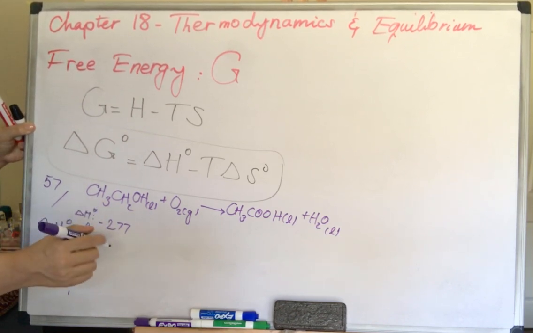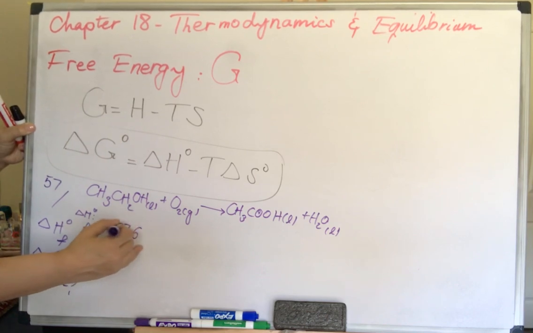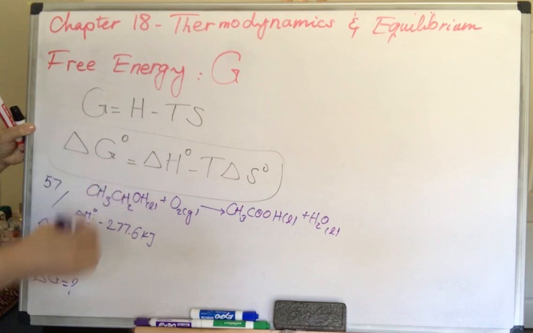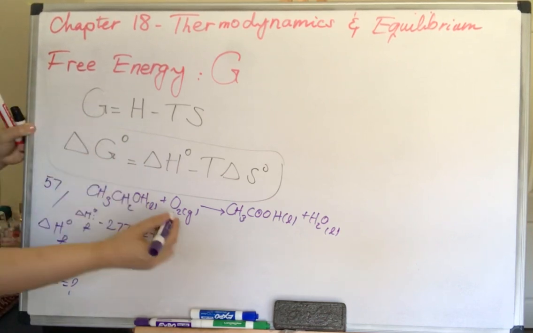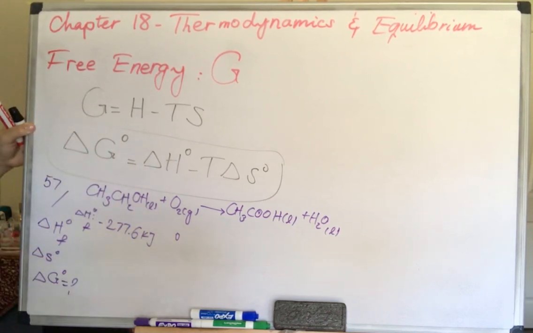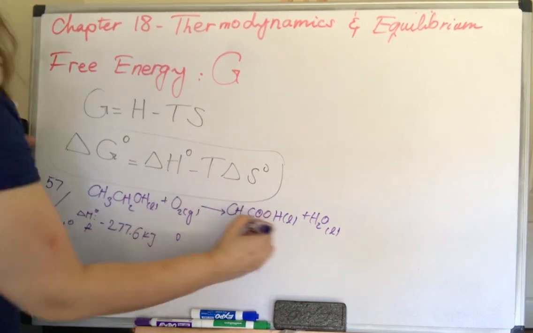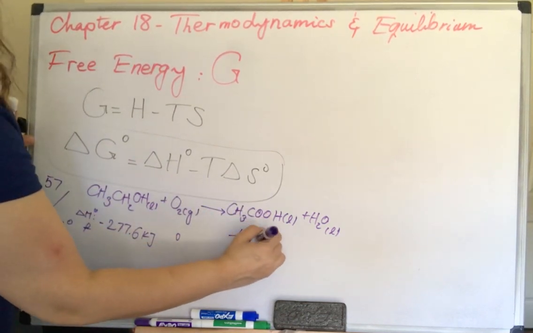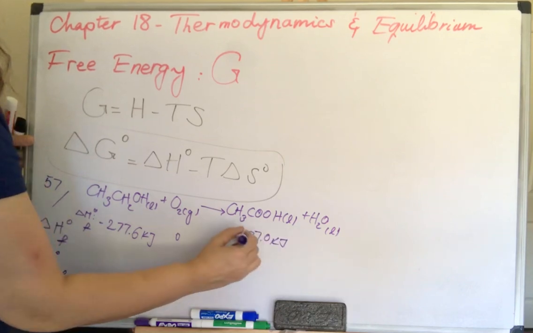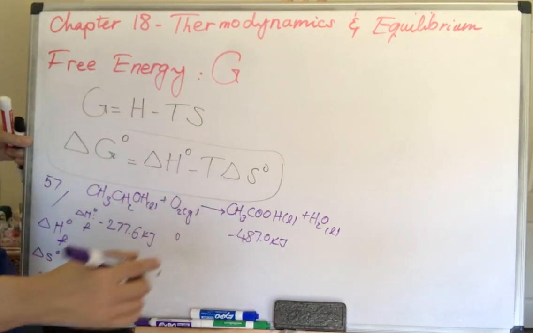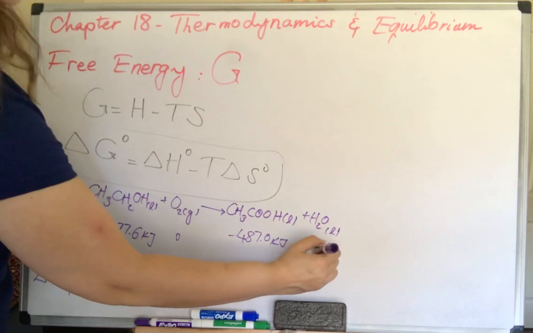Minus 277.6 kilojoules. Again, they will be given in the exam. For oxygen, delta H standard is 0, because for elements in their most stable state, delta H, you remember from Chem 1, is 0. For acetic acid it is minus 487 kilojoules. And for liquid water it is minus